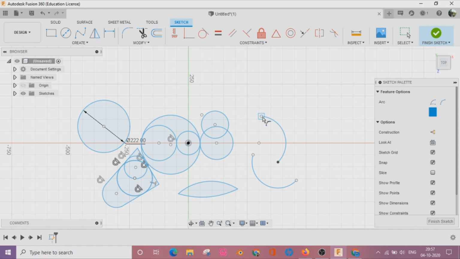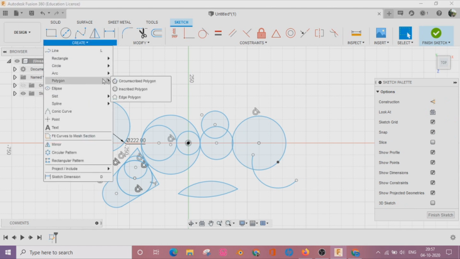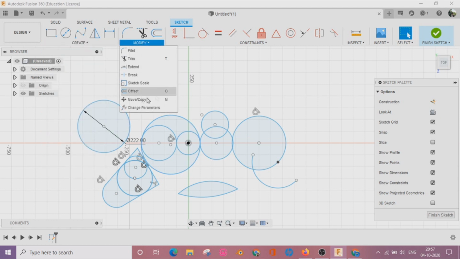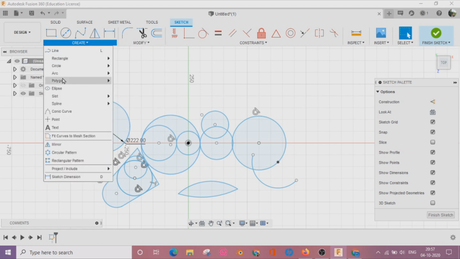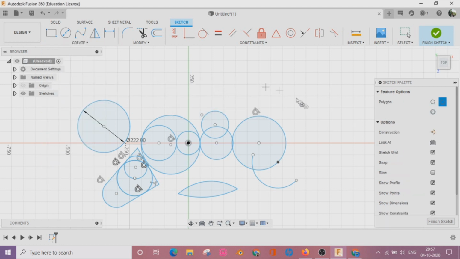Another type of sketch tool command is polygon. As we can draw a polygon with three methods, first is circumscribed polygon. That means select a center point of a polygon, specify a value for the number of sides, select the midpoint of an edge or specify a distance and select a point.